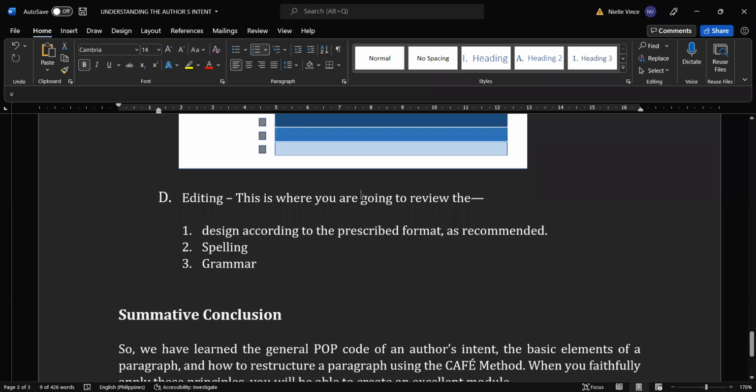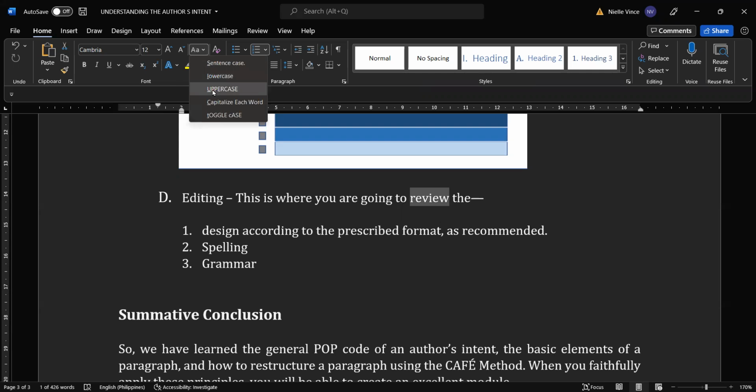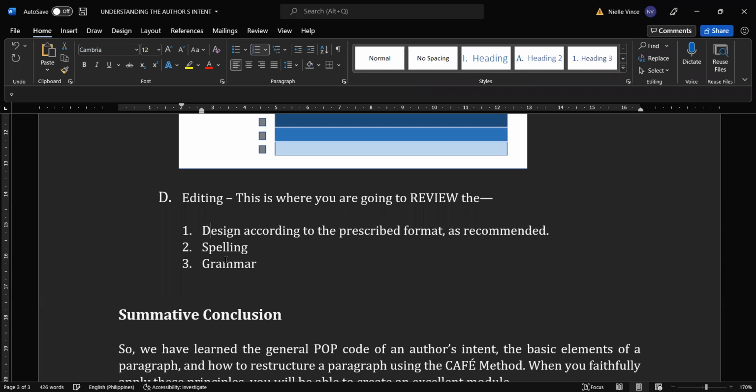Ano natin? You are going to review. Okay, review. Siguro i-capital natin ito para hindi makalimutan na kailangan talagang i-review. Una, yung design. Okay? Edit natin, kasi hindi ko na-edit eh. Okay. So, design. According to the prescribed format as recommended in this model and in many other models already that